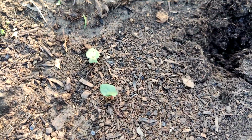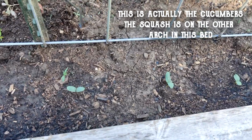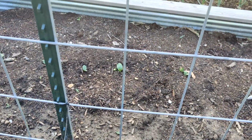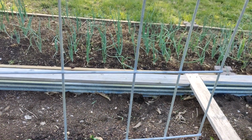And then in this bed, I showed you my okra before. It's gotten a little bit bigger. And then we've got more coming up here. And I think one other spot that I sowed has come up. And then over here, I have tromboncino squash coming up and cucumbers coming up for these two trellises. And then over there, I sowed some more squash. And then those are my habanada peppers and my onions down there in that bed, which I need to mulch,